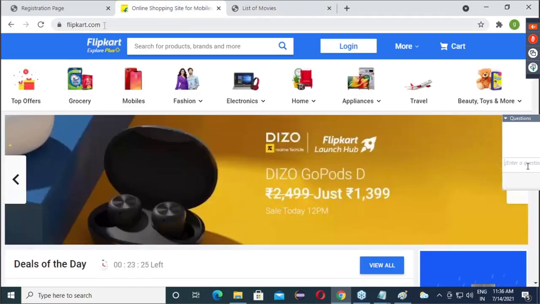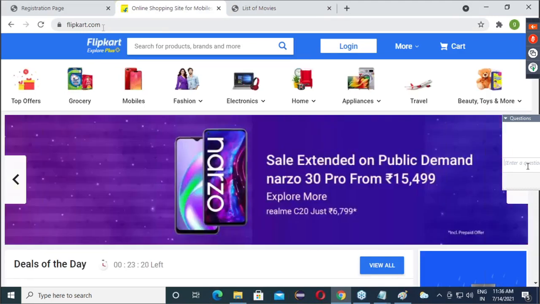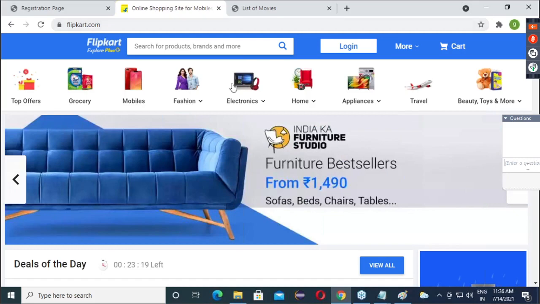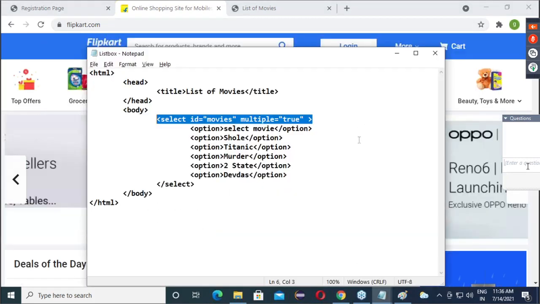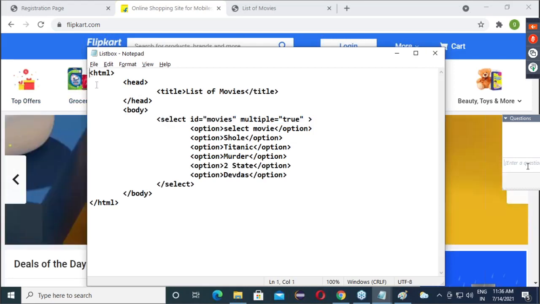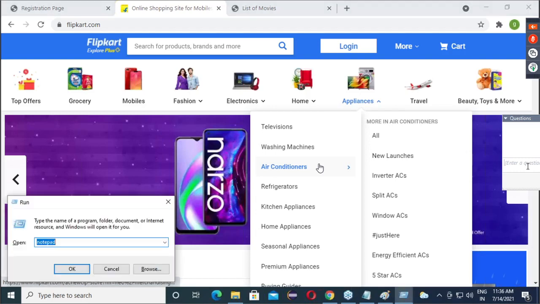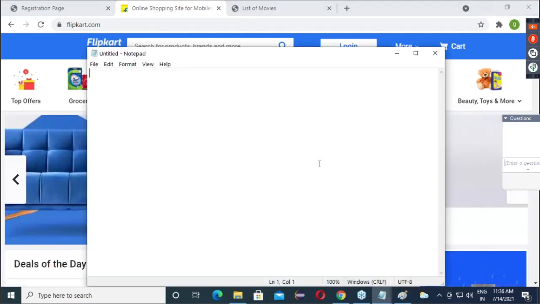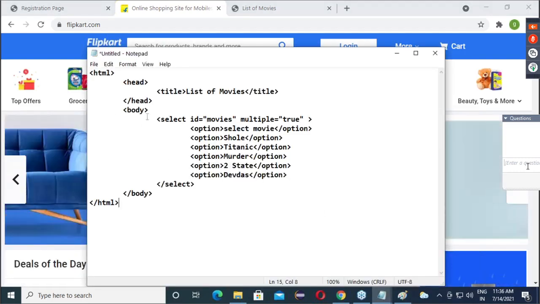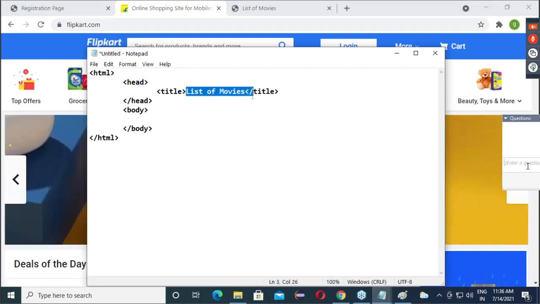Now I want to develop a link for Flipkart. So what I will do is copy this, open new, paste, remove this. Can I say up to this my code is the same?